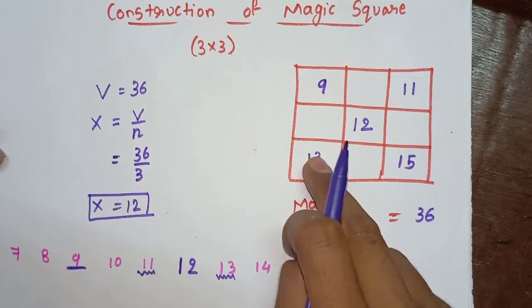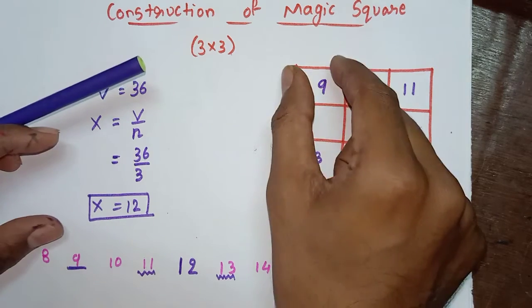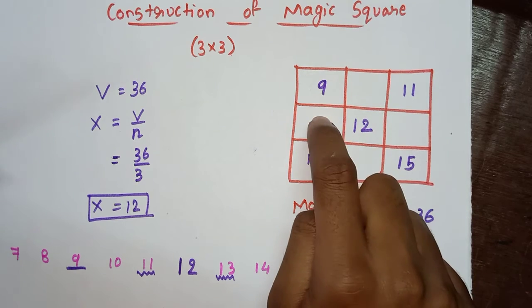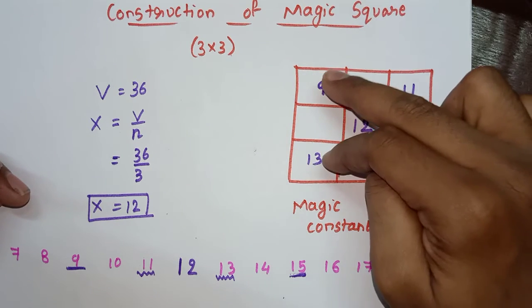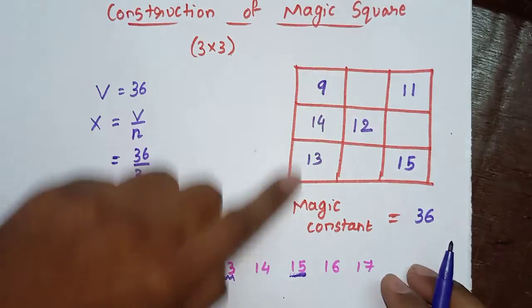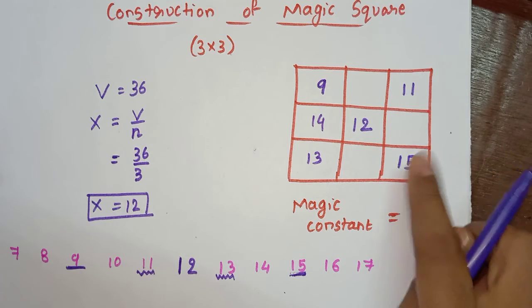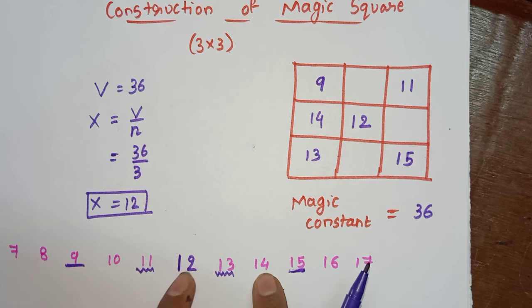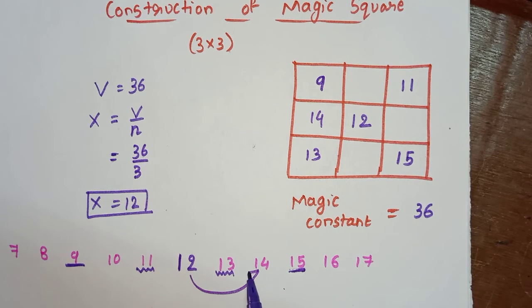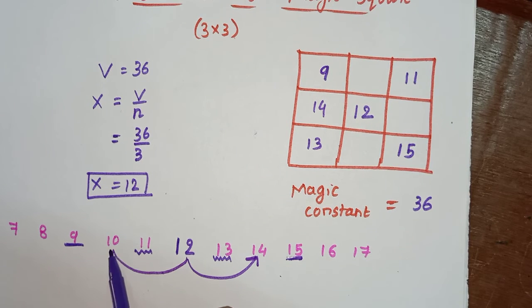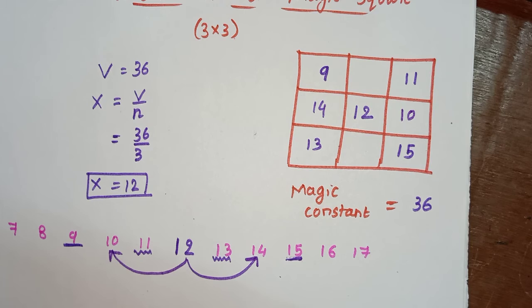Now see, this is very obvious, the total of this is 36, the total of this is 36. So this element you can find by subtracting the total of these two from 36 and you will get 14. So check, the total is 36. Same thing you will do here, or since this is 14, the number at the second position from 12 is 14, so here in this box the number will be 10. That is totally obvious.